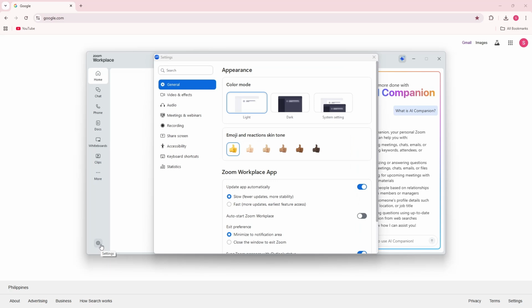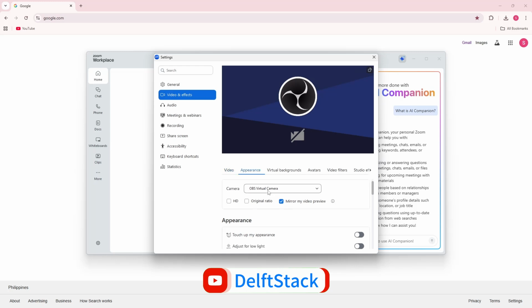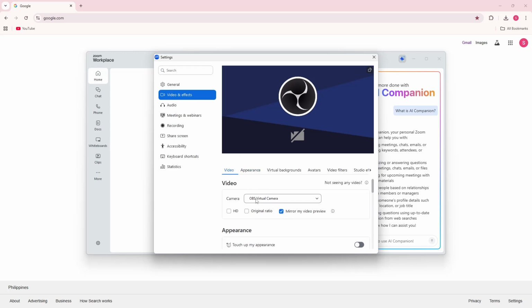Now, over here, guys, you will have an option for the second one, video and effects. So go ahead and select this one. And now over here, guys, as you can see, make sure you have the right camera. And now from here, as you can see, you will have this option, mirror my video preview. So pretty much if you have errors on your camera, you just simply uncheck this one, and mostly this can